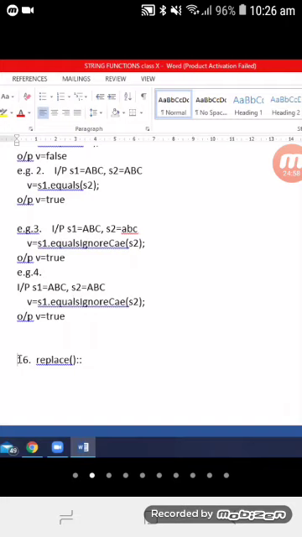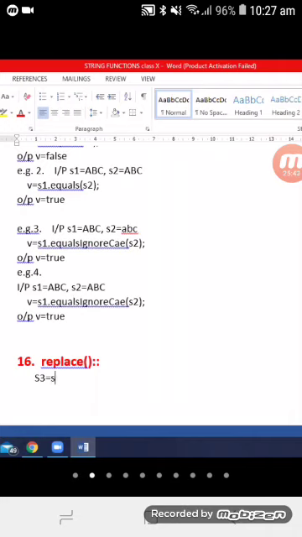Write down: it is used to replace a string or a character with a string or character. Syntax for that is S3